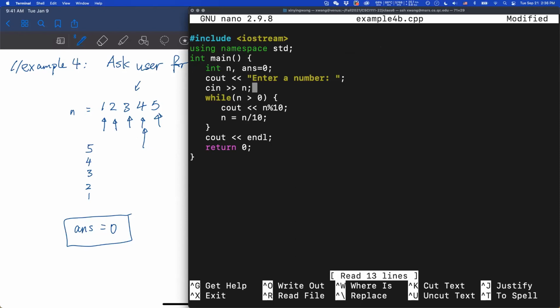It will be initialized with 0. And in the while loop, instead of printing out the last digit, you will have answer equals whatever your answer was, shifted to the left, plus the last digit.